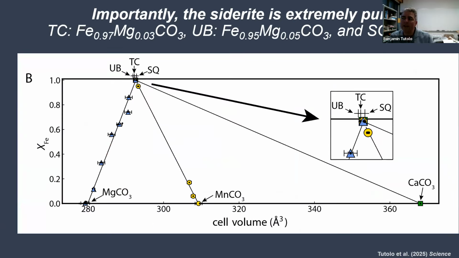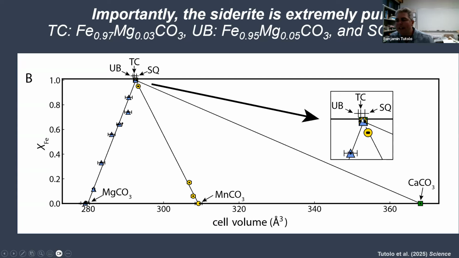Okay, importantly, the siderite is also extremely pure. So again, using the Rietveld refinement techniques that the ChemIn team employs, we are able to get at the cell parameters, exemplified here by the cell volume. So the unit cell volume of individual lattices in the siderite crystal structure. If we look at that, we can see these tie lines between pure iron carbonate, with XFe here representing pure or 100% iron carbonate, and 0 down here representing magnesium carbonate, manganese carbonate, or calcium carbonate. And there's our 3 samples, Ubajara, Tapacaparo, and Sequoia.